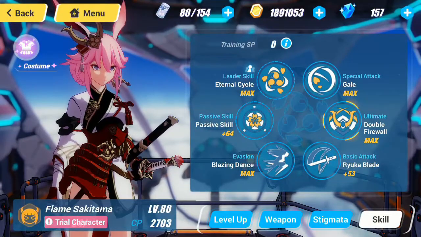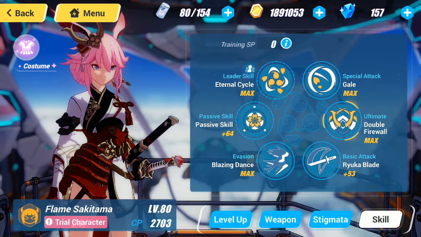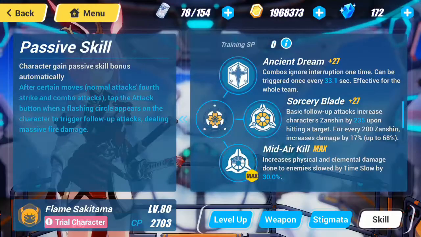Okay, as you can see on her main skill page, there are a whole bunch of skills. There are a lot of skills with straightforward effects, such as the leader skill and the ultimate evasion, so we will completely skip over those and dive straight into her core abilities, especially her combo attack. First we're gonna start off with her passive skills, because her passive contains buffs that build the foundation of